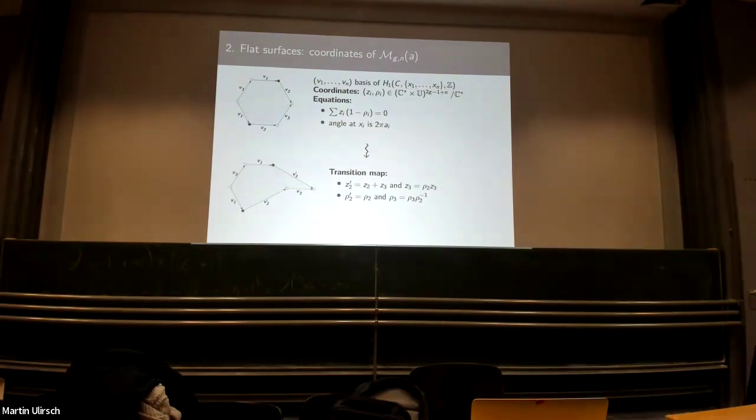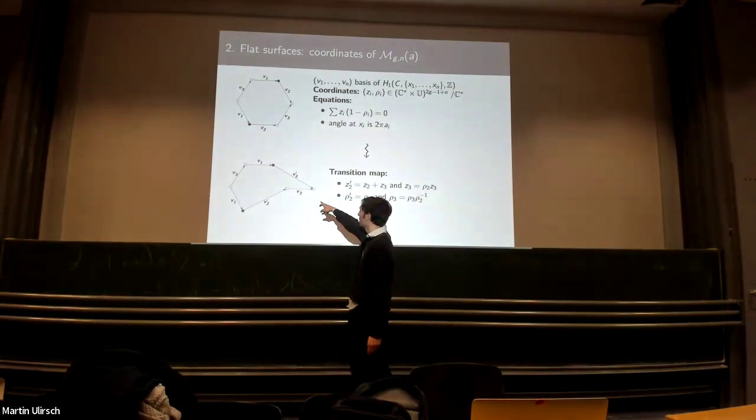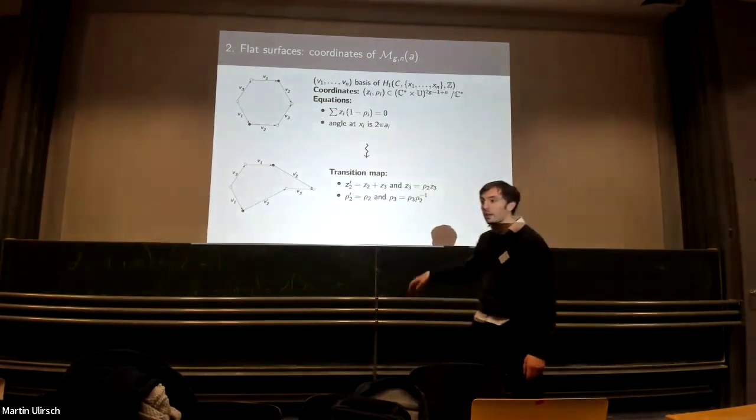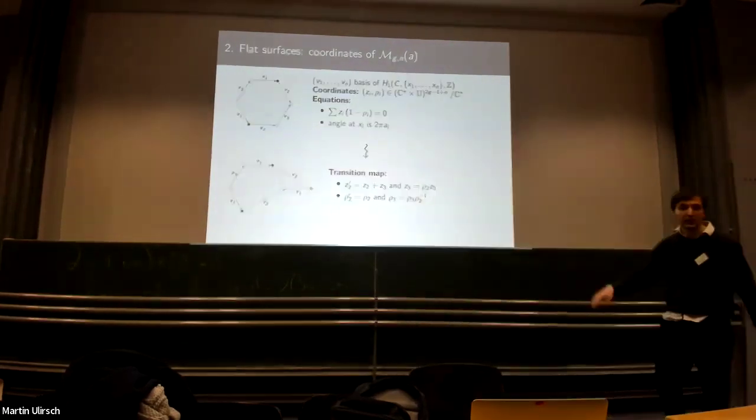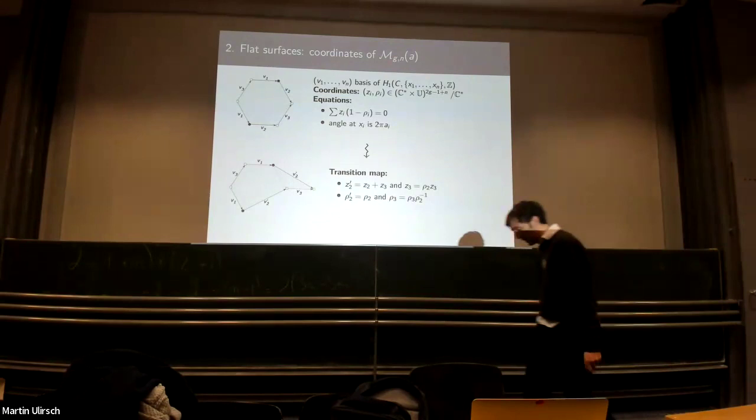And the transition map you can compute quite quickly. Okay, you have a new vector d2 prime, and the new vector d3 is here. So you have to explain how to change from the old d3 to d3. And we can take a look at them later. The transition map will be quite simple. The only thing that I want to remark on this,